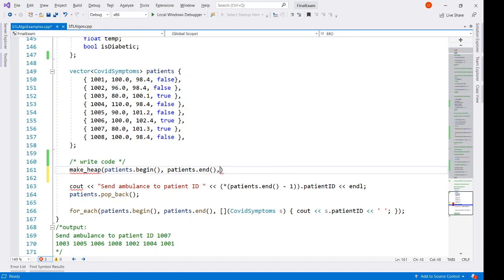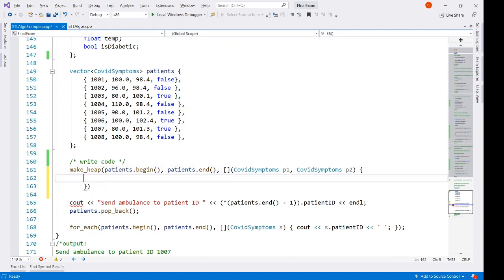Okay, and now it will need a predicate to decide between two nodes which one has got the higher priority, right? So we have got the two nodes of COVID symptoms types. So COVID symptoms patient 1, COVID symptoms patient 2, and